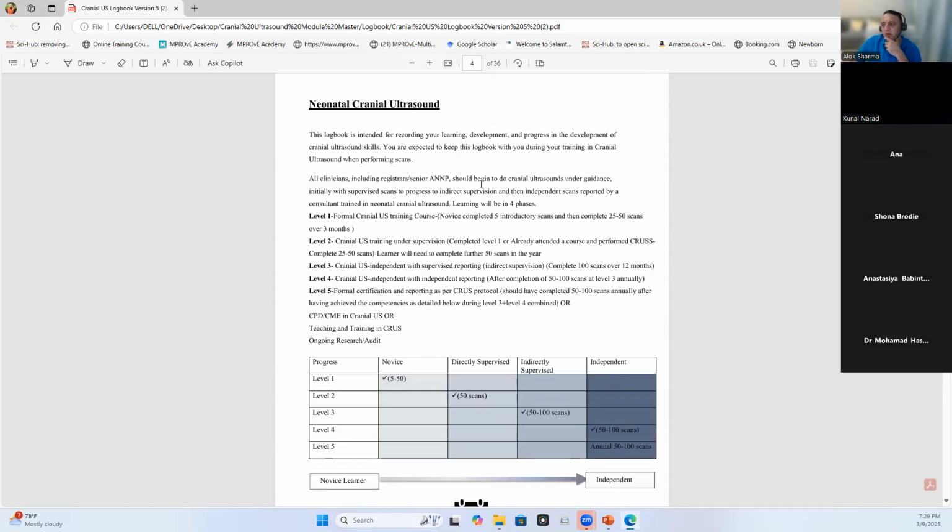Now, if you look at the logbook at this particular point, level one basically means that you've completed the first 5 sessions as per the program that I've sent to you. Now, those sessions will include